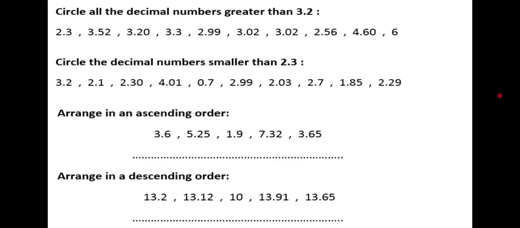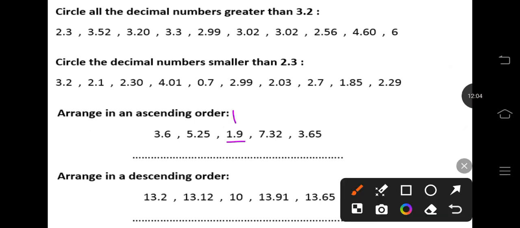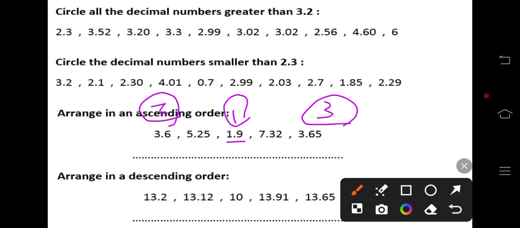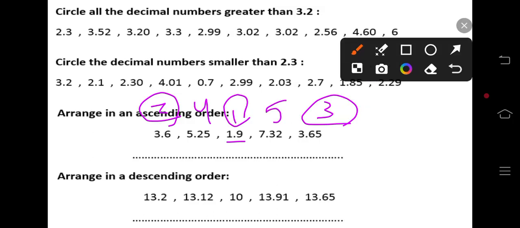Okay, 1.9, ascending, this is number 1. After that we have 3 and 5 and 7 and 3, 3, 6, 6. So this is the second number, and after that this is the third number, and we have 5. Okay, descending order from the greatest number, which is